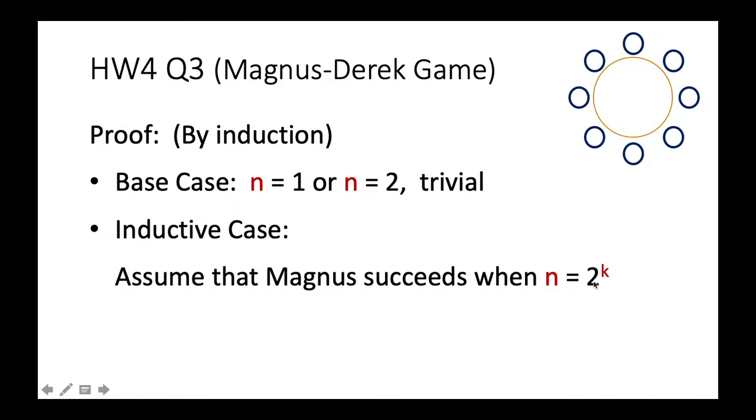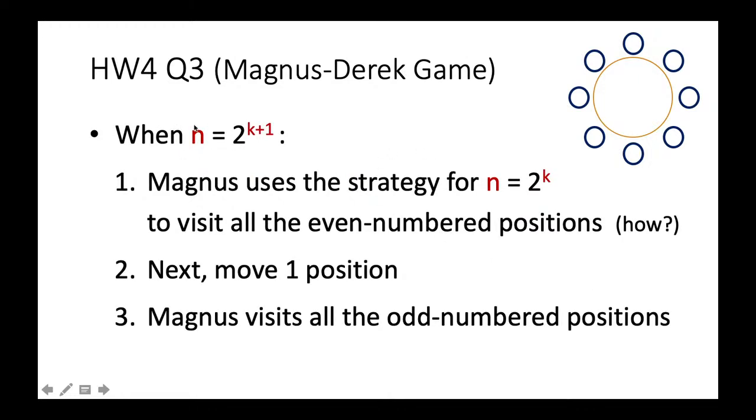And we want to show that Magnus can also succeed in the case where n is equal to 2 to the power k plus 1. So if Magnus can solve the case n is equal to 2, then he can solve the case n is equal to 4. And if he can solve the case n is equal to 4, then he can solve the case n is equal to 8, and so on and so forth. Now what we can do here is easy. Okay, so Magnus can actually use the strategy for n is equal to 2 to the power k